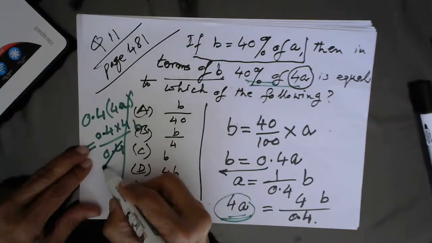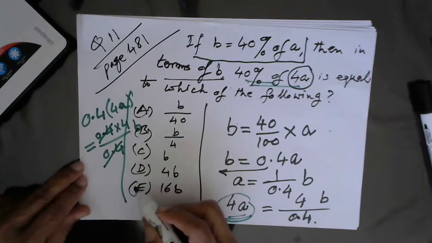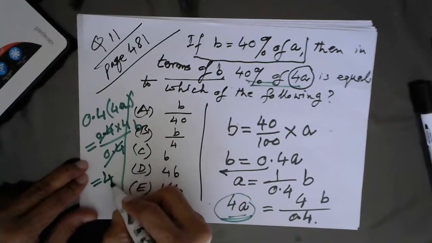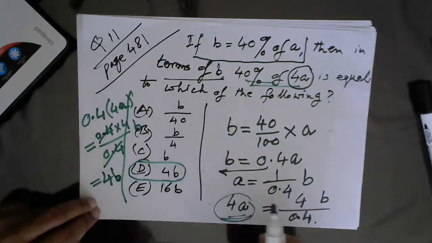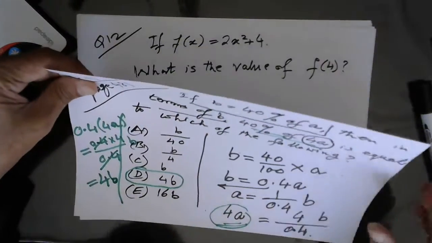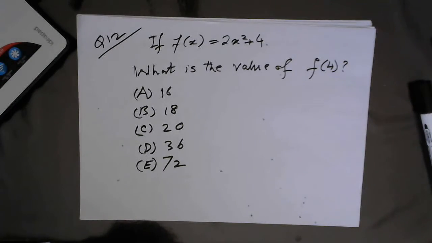Now, 0.4 gets cancelled with 0.4 and we are left with 4b, which is D. The answer is D. Okay, I hope it is clear. Let us move on to